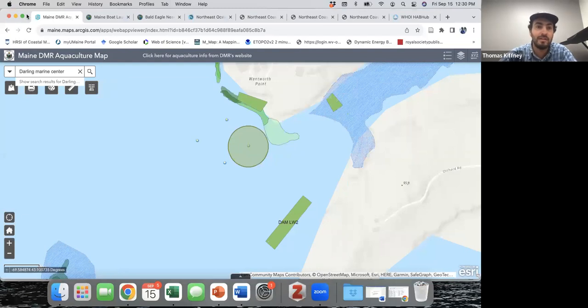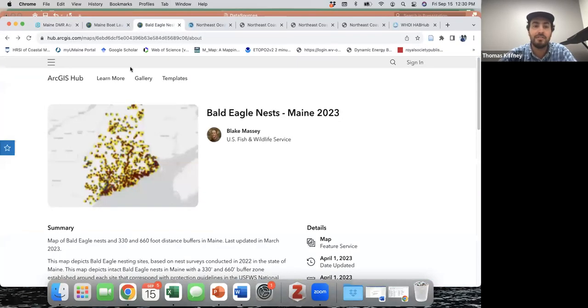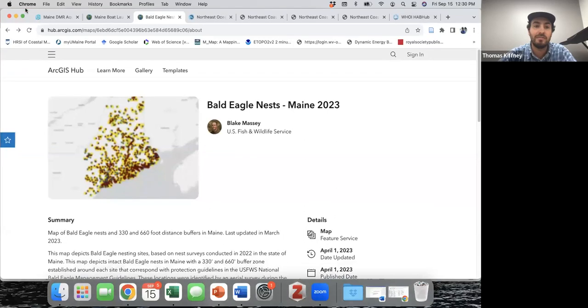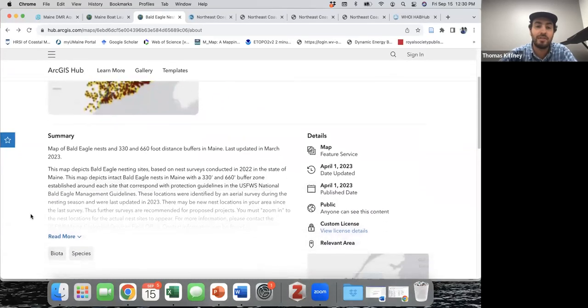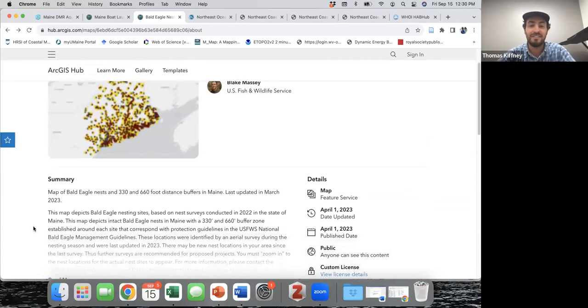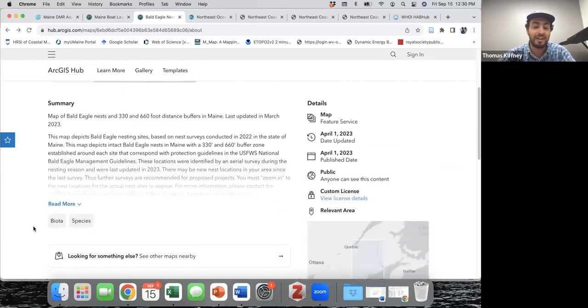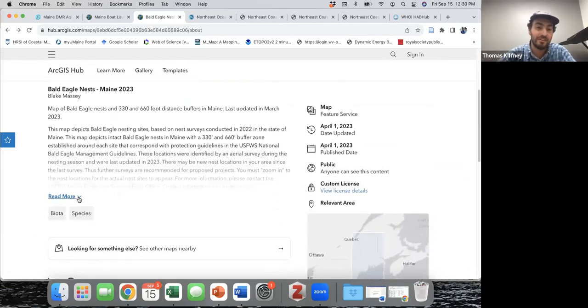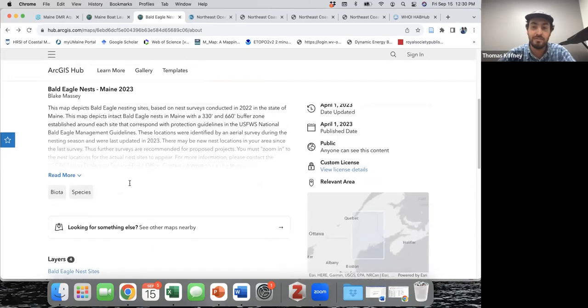So if you go over here, got these loaded already. So this is a separate website from the Maine Office of GIS. It's just ArcGIS Hub. So you can scroll down through here. And these are basically aerial surveys of bald eagles. Again, this is done from planes, and birds build and abandon new nests, so it's always good to check your own on your site. So you can also view this data on here,